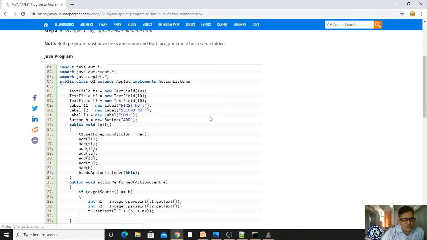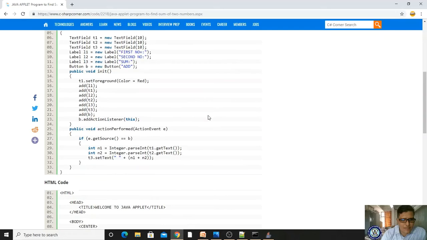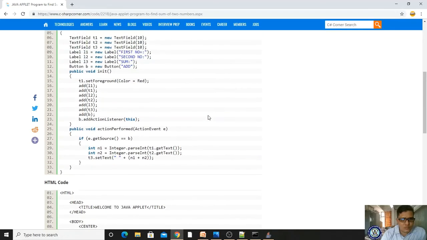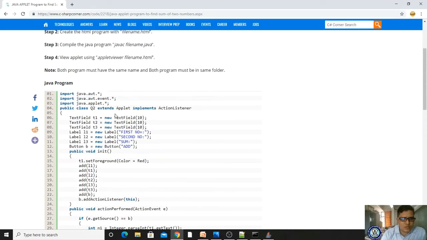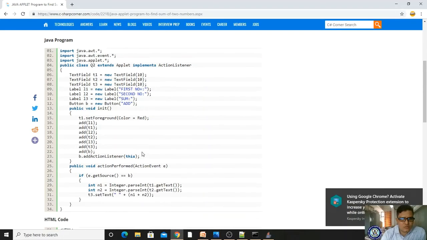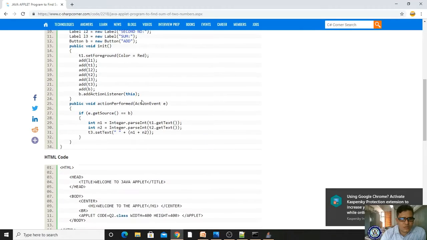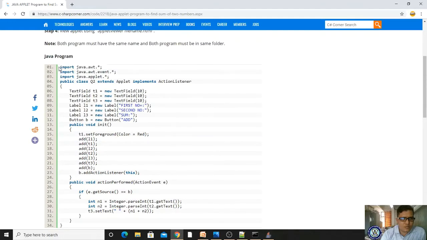Implements ActionListener, init, add only. It is the same thing. He has taken class name extends Applet implements ActionListener. If the button action is taken, what is B here? Button. We are not taking any button. Okay, let me copy this program. Okay, let me try.